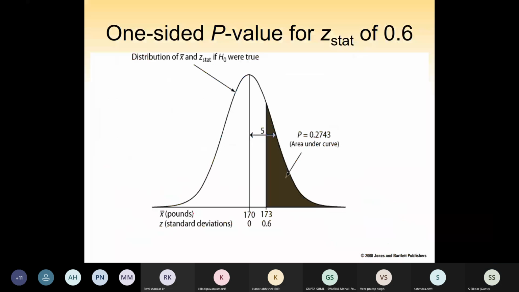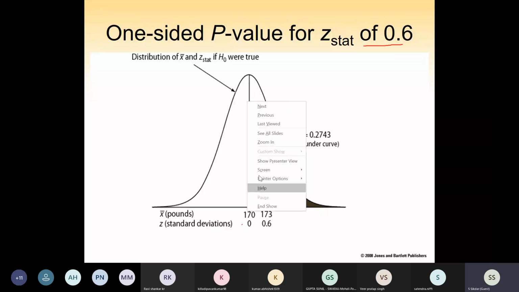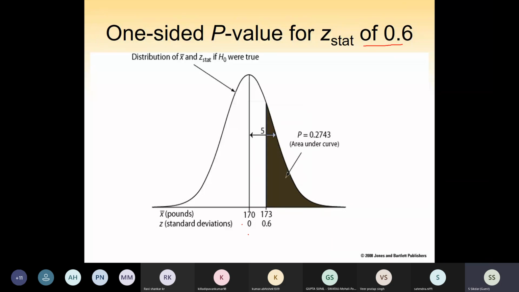So you see here, as I said, the one-sided p-value of z star of 0.6. 170 is the population mean here, and if it is 173, that means 0.6. So the right side is this 0.2. You have to get this value